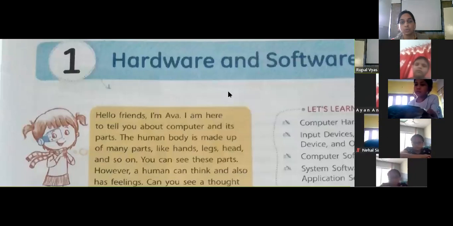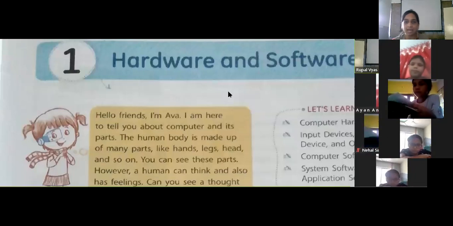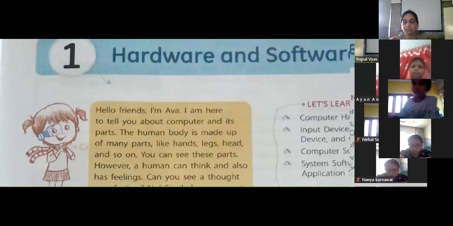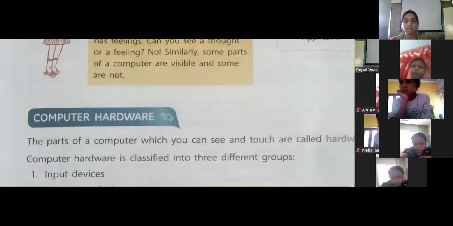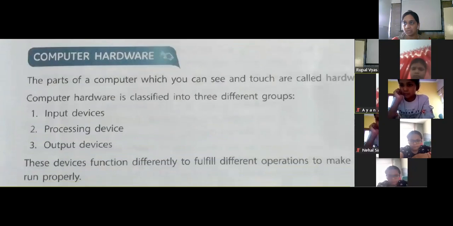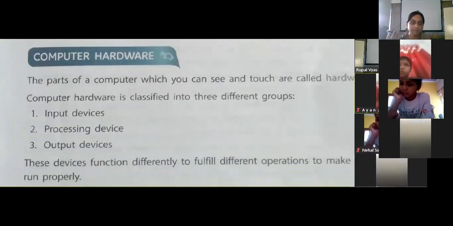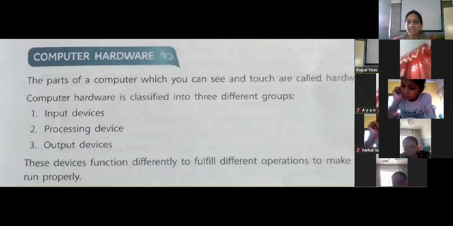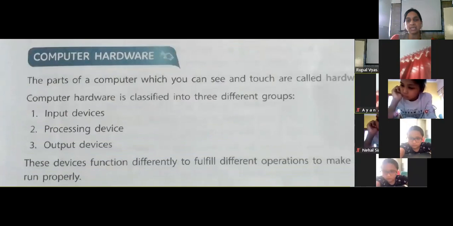Okay, so we are going to discuss hardware and software today. In this, we will discuss the hardware. Basically, we have three types of devices in the hardware. Hardware are the devices which we can touch and feel. Like the mouse, we can touch and feel, so this is hardware. The keyboard is hardware. The devices in the computer which we can see and touch,